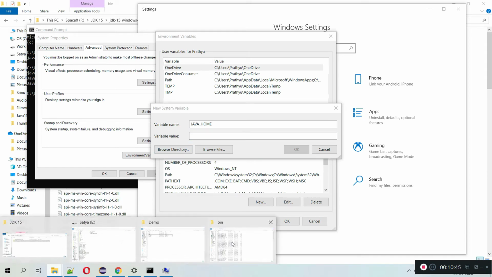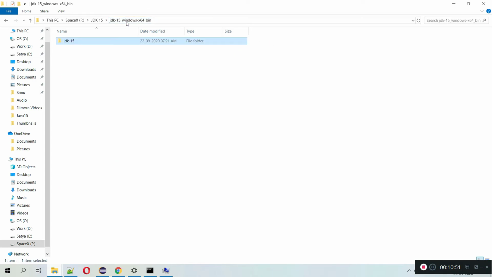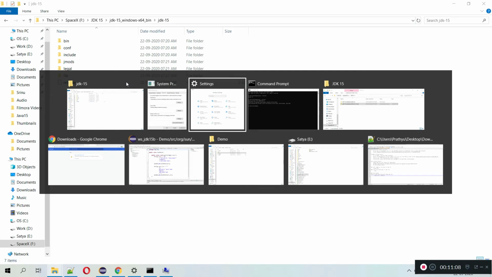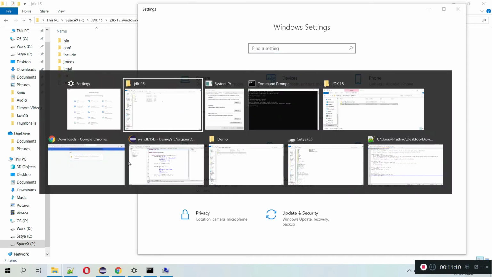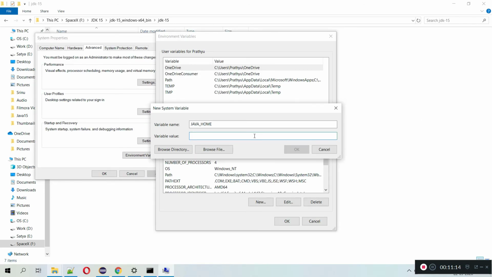Wherever you extracted Java JDK, go to that and choose the JDK 15. We should not keep the bin folder, we have to give the home path. So until JDK 15 we have to give, don't include the bin folder, that is important here. Now paste this in variable value.